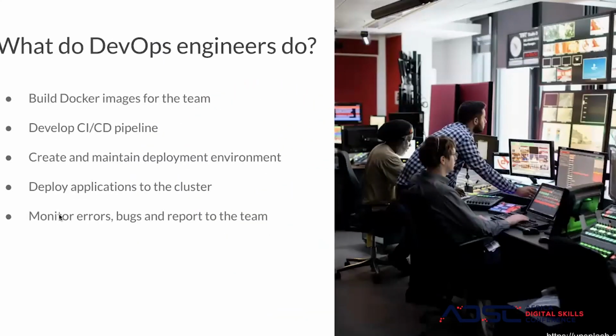Okay. Another thing is maintaining the environment. So your application is running. Let's say thousands of users are accessing this. If it is a popular application, some news portal, a social media site like Twitter or Facebook, you have millions of users coming. Then how would you ensure that the application does not go down?